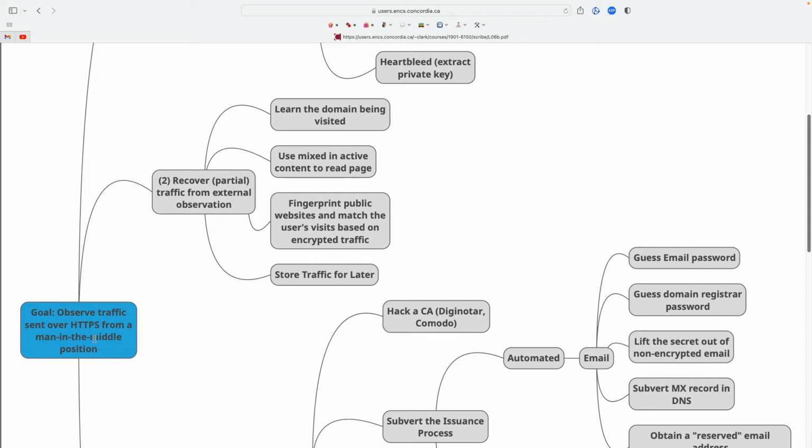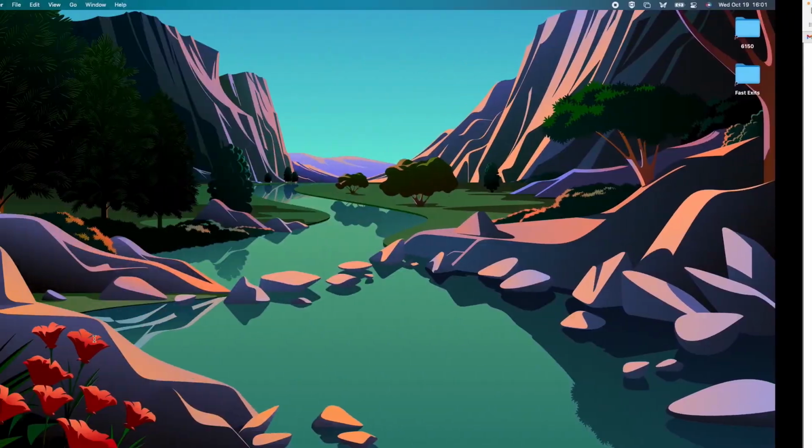And so the nice thing about the attack tree is it showcases the wide breadth of attacks, okay? It's not just technical attacks, it's non-technical attacks as well.